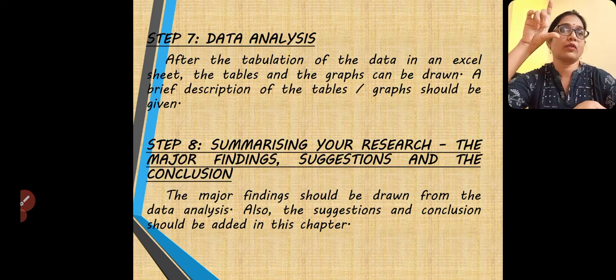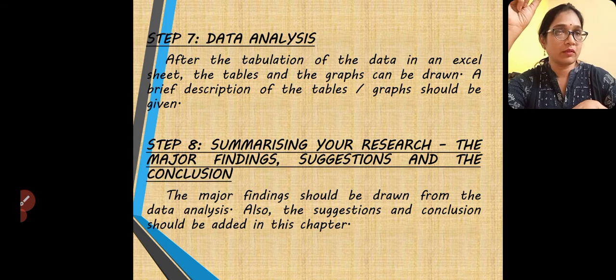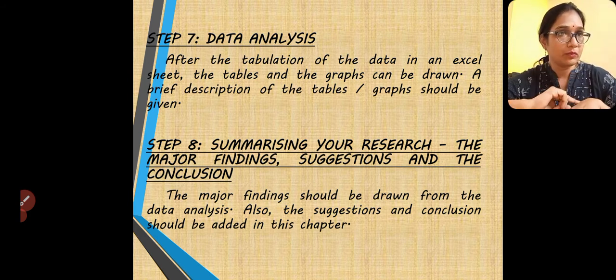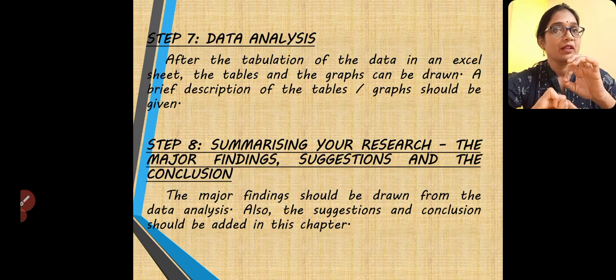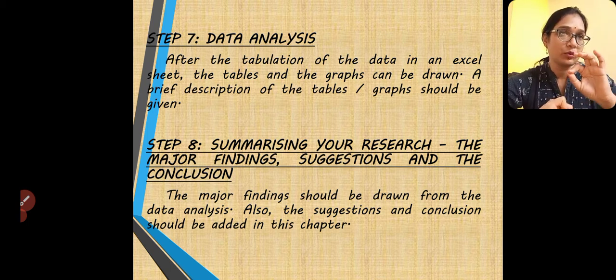Like, if you have question number 1, marital status, and you have 60 respondents, there will be some who have encoded as 1 and some who have encoded as 2. Next you can just go to the last line and give countif. There is one function called countif. You can count the number of 1, that gives the number of male, and in the next cell you can say countif 2, then you will get the number of female. With that you can make the tables very easily.